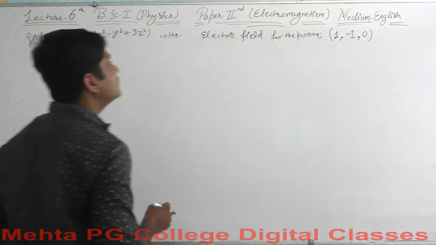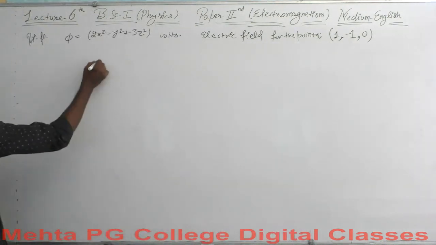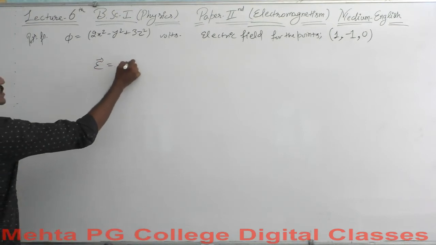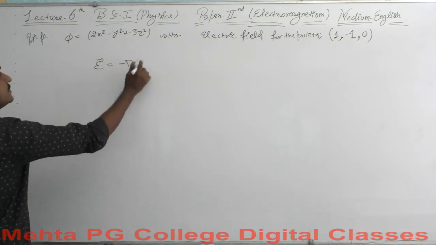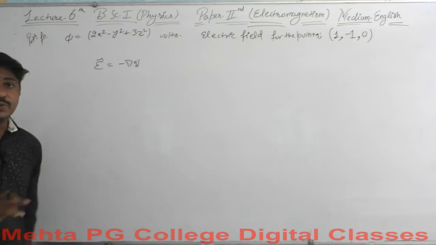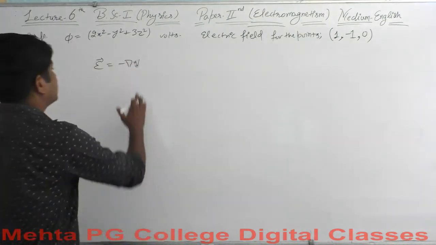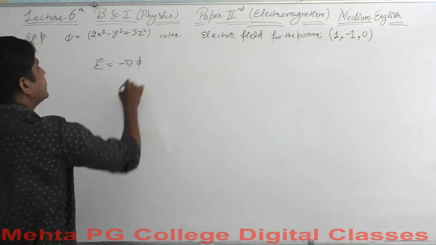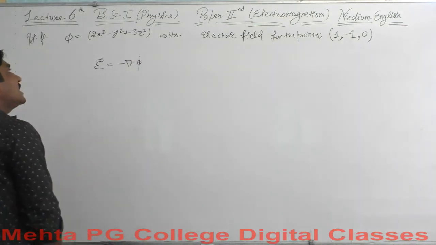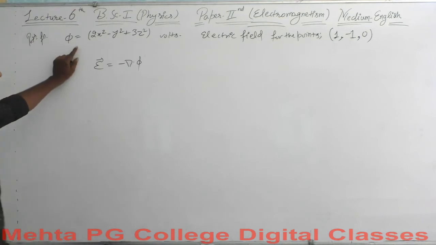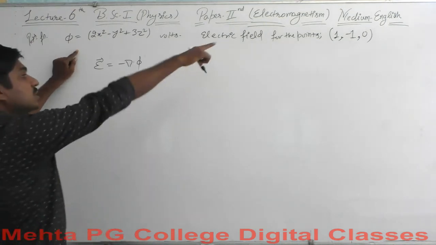Okay, let us begin with the electric field. E will equal minus del V, the negative gradient of potential. Here V is represented by phi, so instead of writing V, let me say this is phi. We are supposed to calculate the gradient first for phi, and then we will put all these values there.